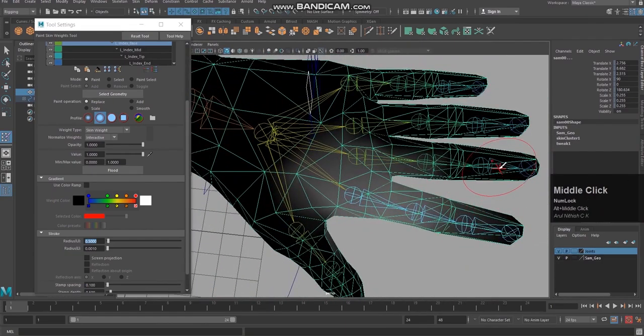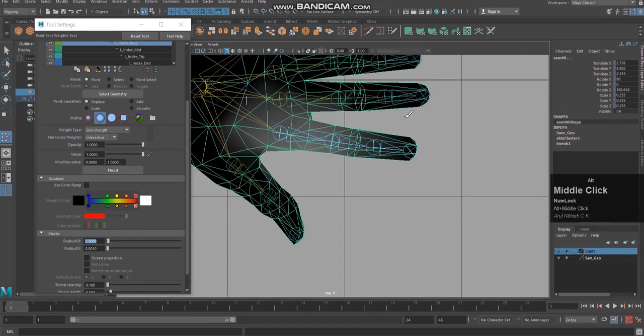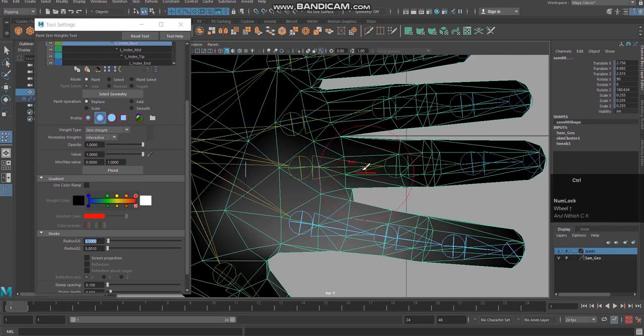Come to the top view. This influence can be only here, not for this finger. So I'm going to, sorry, I have pressed shift. I should select control. See, when I'm control selecting here, it is affecting the value of the original joint also.